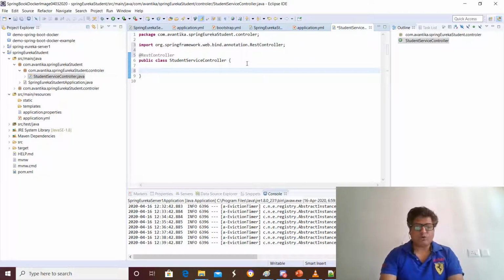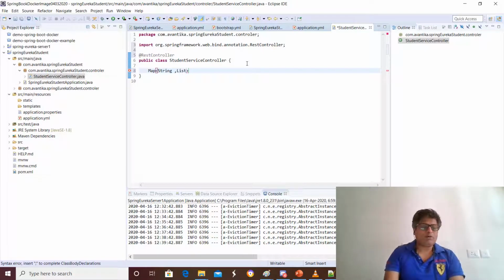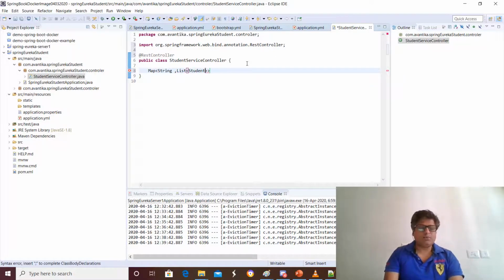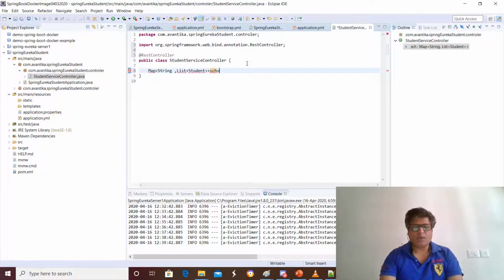map. So we will have a map which will be having string and list, basically, which will be having the students there as an object. So student we will be taking, and we can mention that this is for the school DB purpose. We are taking this. So we will put it as school DB, and